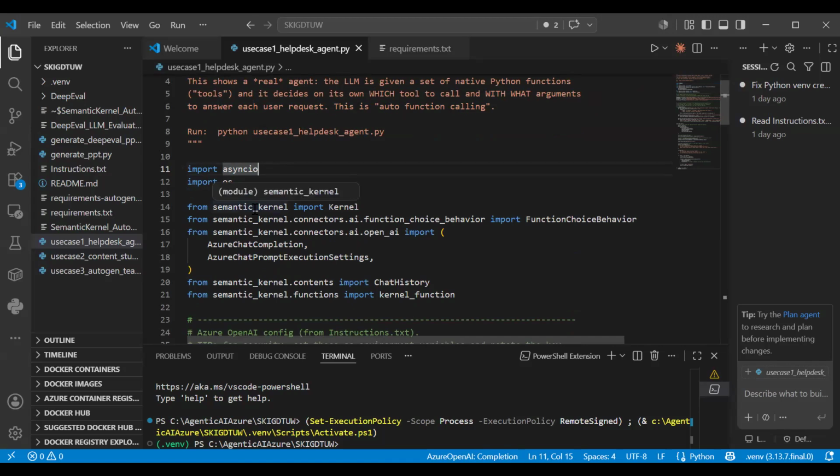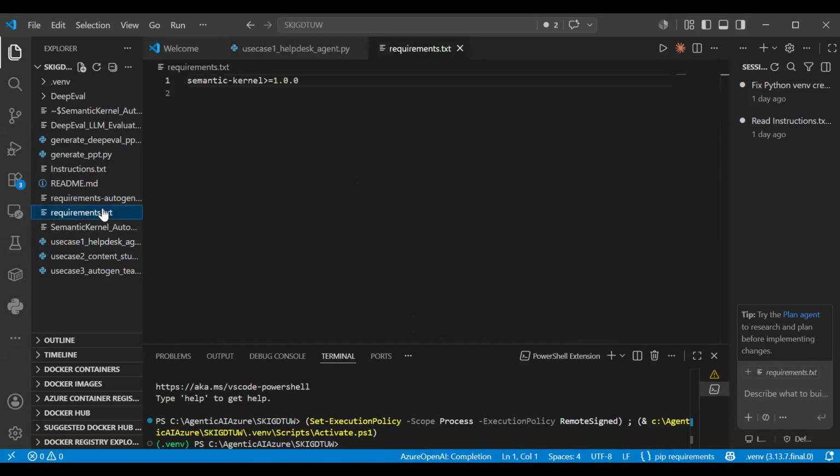Now, coming to Semantic Kernel, let's go to requirements.txt. I'm using only one Python library, that is semantic-kernel. You might have seen somewhere in my PPT it was written Python SDK. For any agentic framework you are working with, look at their SDK, the Python libraries, because otherwise you cannot integrate it into your Python script.